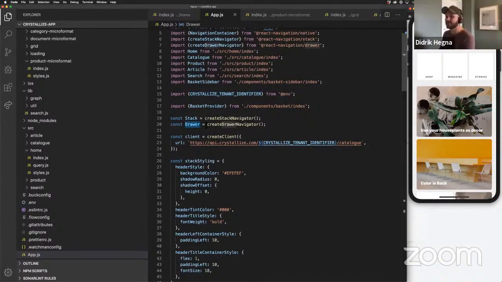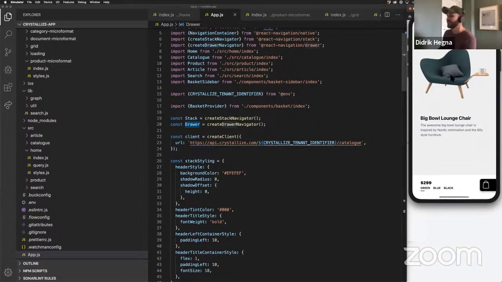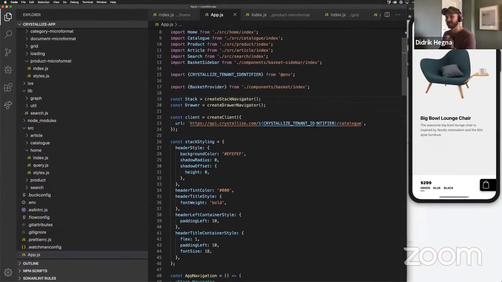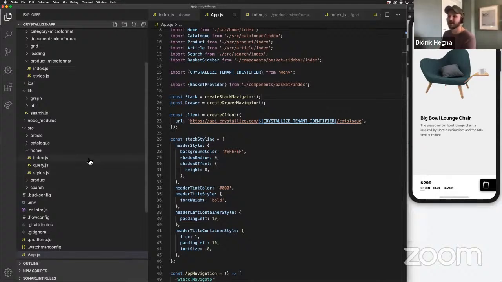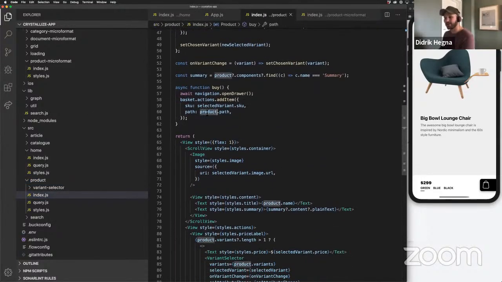But here, I especially use the drawer for my basket, and I use the stack to show my products, or basically the page. And like I told you, this works in the way that I use the navigation hook, and I pass down the item. I pass down the item because inside of the product stack, I'm fetching the path. You don't have a way of tracking where you are in, like, this and that path, but you can always pass down the whole item to the product stack. And if you have the whole product, you also have the path of where this is in Crystallize. And that means that I'll just use the